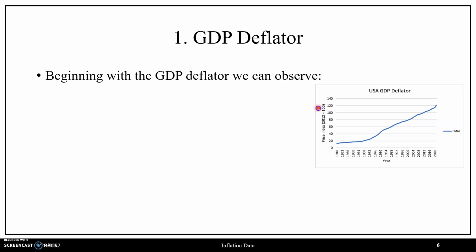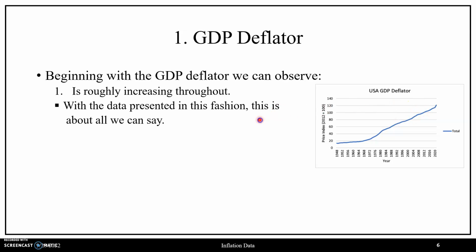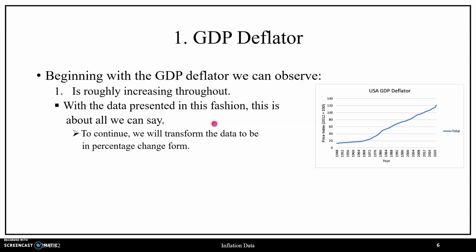And as mentioned in the prior slide, the GDP deflator was constructed by taking nominal GDP divided by real GDP, all scaled by 100 for each year in our data set. With respect to what we can observe, we see that as time progresses, the GDP deflator in the United States seems to be roughly increasing throughout. As is, this is about all we can say with how the data is presented, so the way that we'll